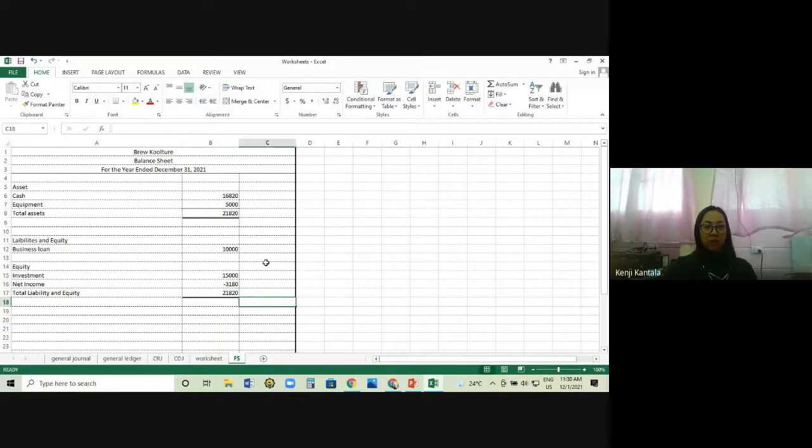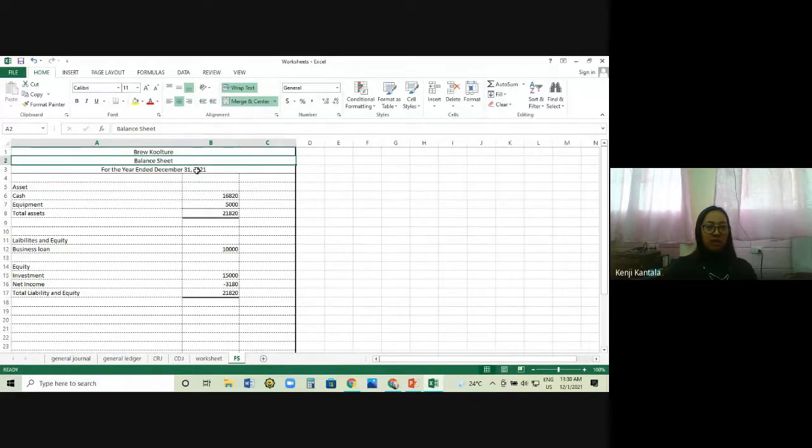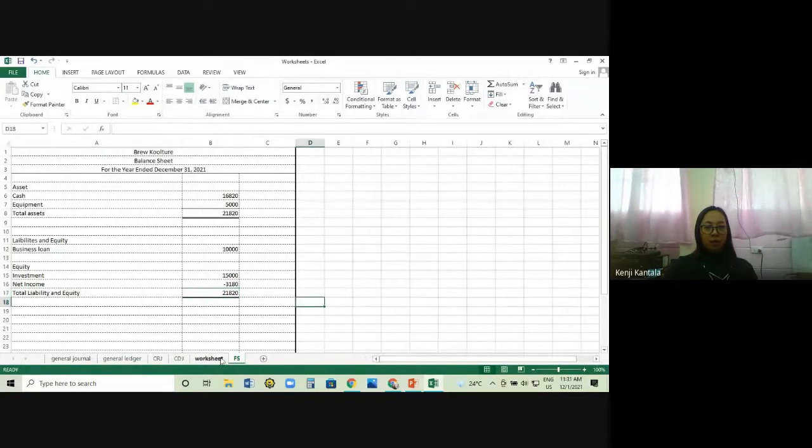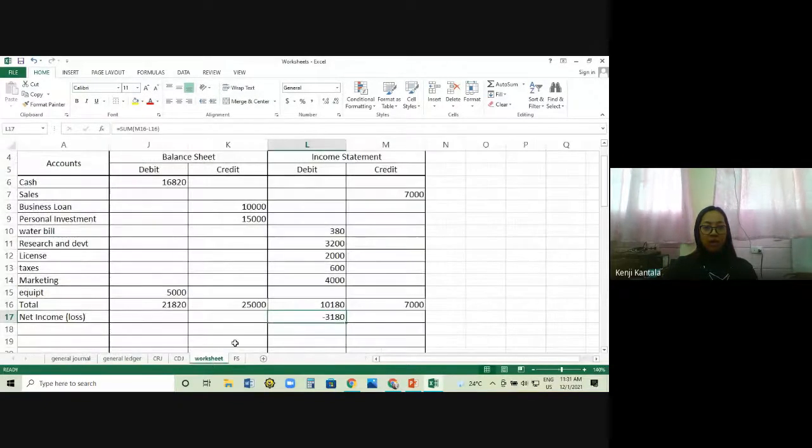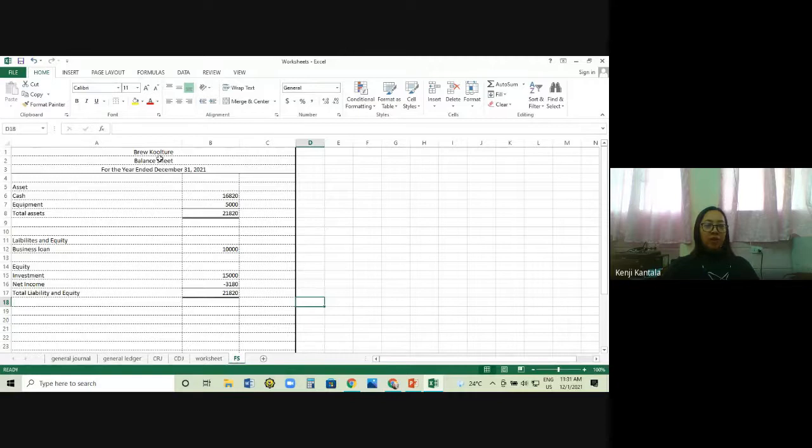Okay, so I think you can do your income statement. So the same, you need to put yung heading natin. So Blue Culture, and then income statement, and then as of the year ended December 31, 2021. So, ang ilalagay nyo sa income statement ninyo is same as this one. So you record your sales and then you record your expenses. So after that, you deduct yung expenses sa sales ninyo, magre-reflect na dyan yung net loss ninyo at 3,180. So we have here your balance sheet and then you do your income statement.